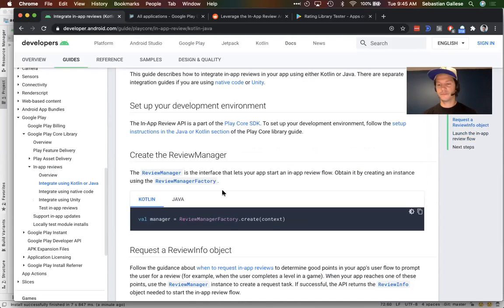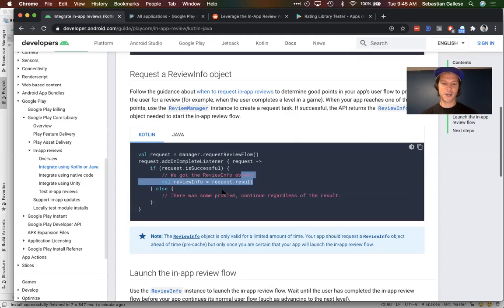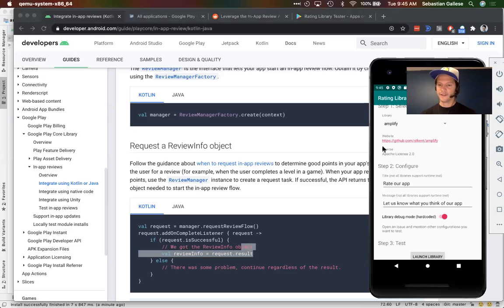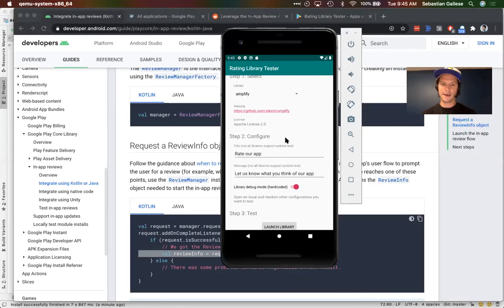Okay, so this is literally 3 little sections of code, and we should be able to do this. Let's see how easy this is. So we launched our rating library tester app, and you can see how this app works, right? We have this default screen that isn't in a scroll view, so it looks pretty terrible here on the Pixel 2. Probably want to fix that, but we could probably add just another little button down here just to test it